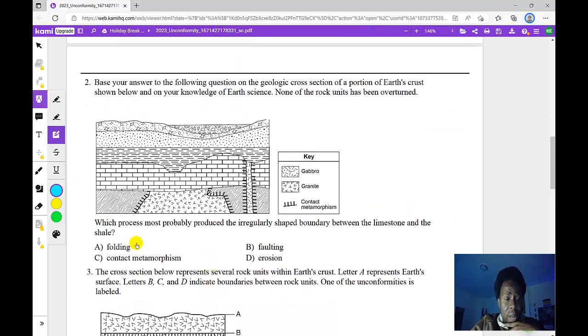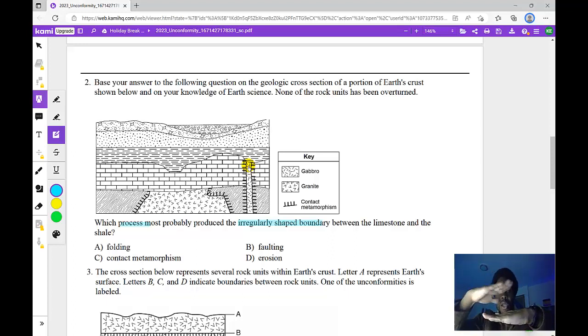Question number 2 says, which process most probably produced the irregularly shaped boundary between the limestone and shale? So if you look at the symbols here, this is the symbol for limestone and this is the symbol for shale. So we are looking at this irregular line or irregular shape here, and it's asking what process produced that irregular boundary. Again, whenever you see those unconformity wavy lines, we know, going by the law of original horizontality, every